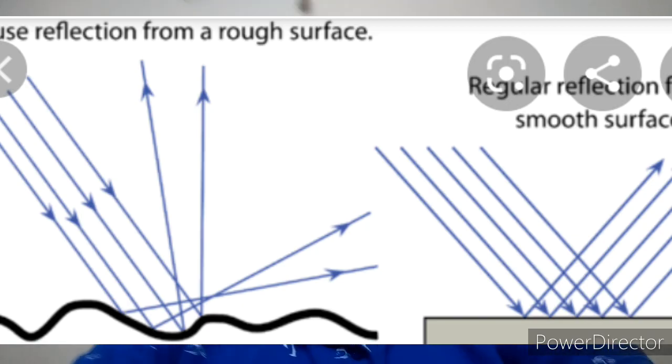So friends, the second topic is regular and diffuse reflection. When parallel rays reflected from a rough or irregular surface are not parallel, the reflection is known as diffused or irregular reflection. Remember that the reflection is not due to the failure of the laws of reflection. It is caused by the irregularities in the reflecting surface, like that of a cardboard. On the other hand, reflection from a smooth surface like that of a mirror is called regular reflection. Images are formed by regular reflection.